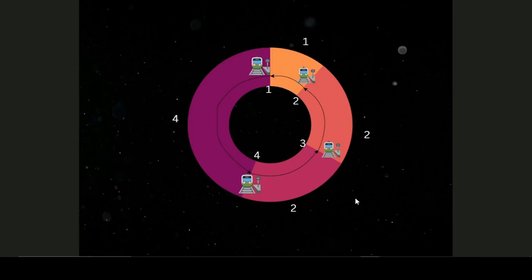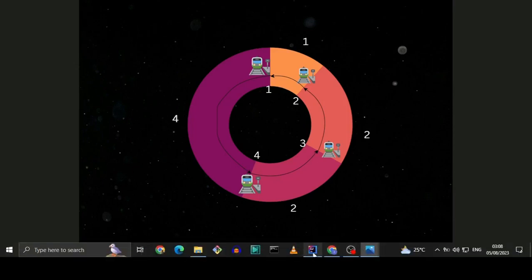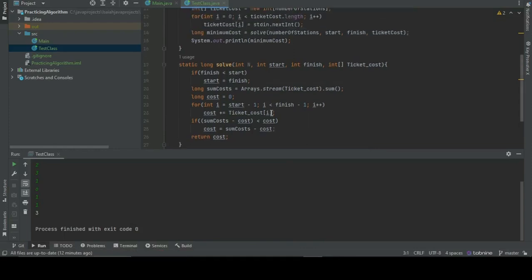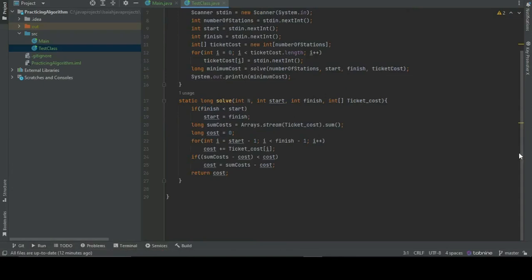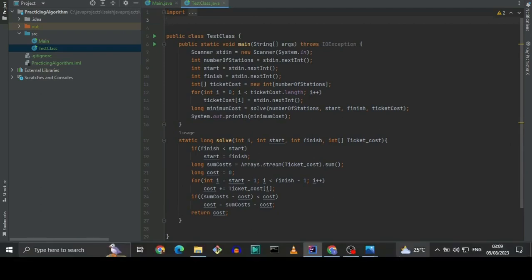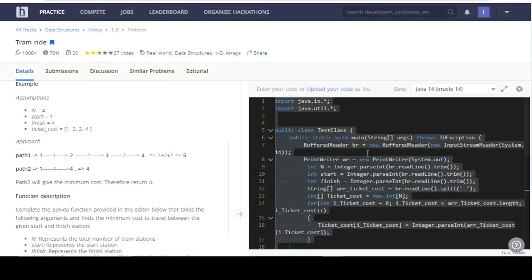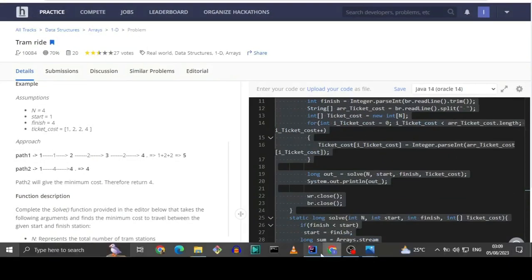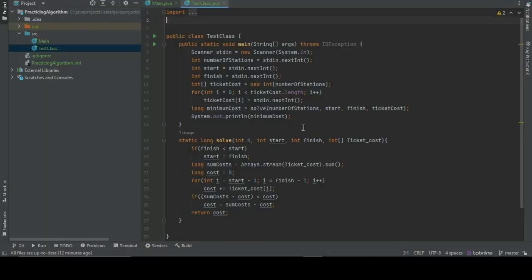So I've written the code already. All I have to do is show you how I implemented it. So I'll open my IntelliJ. Just to let you know, I made use of IntelliJ because that editor on the screen is quite difficult for me. I have to complete stuff. Sometimes the editor doesn't really function the way I want, but I just copied what was on the editor right there. I copied everything from here, and then I created the same class in my IntelliJ, and I pasted everything on that